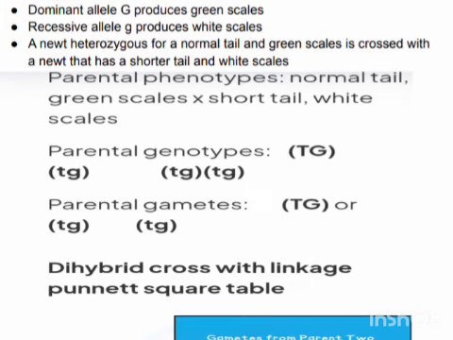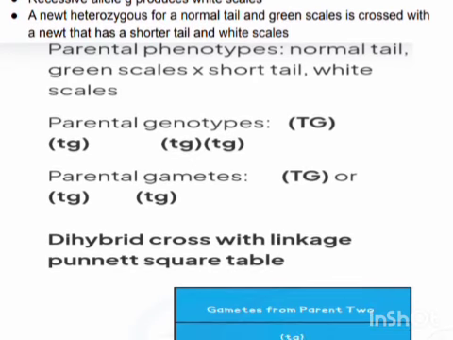So basically what we can do here is cross our normal tail and green scales with short tail and white scales, right? So when I'm talking about normal tail, what are going to be my particular alleles? I'm going to have TG, capital T and capital G, because it has